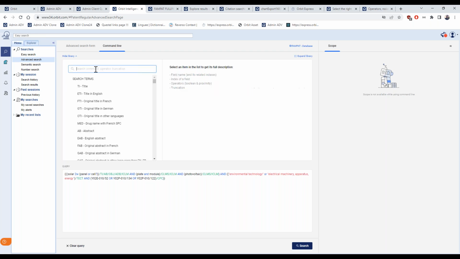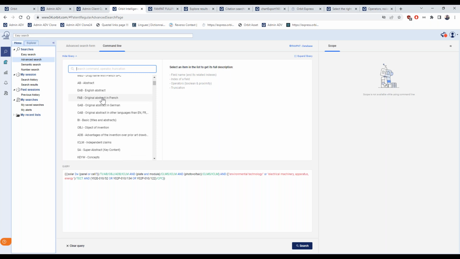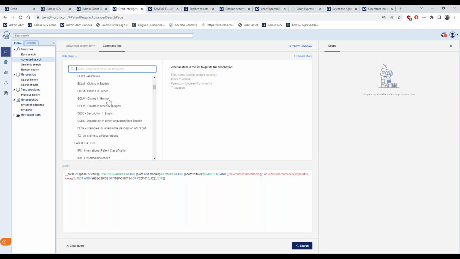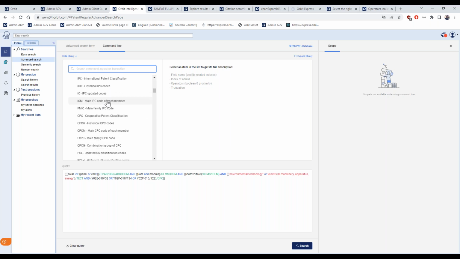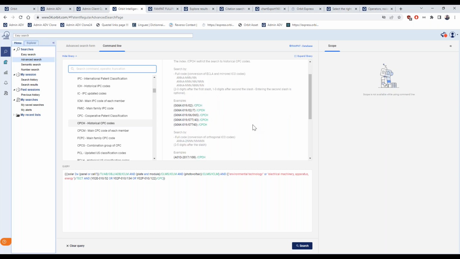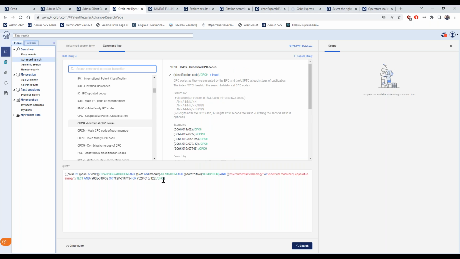Let's try maybe another search field. You have them all listed here based on the chapters from the fact sheets. So for example, you can find a field dedicated to the historical CPC codes. And I can then edit my syntax here based on this information. Instead of CPC, I put an H to turn it into historical CPC codes.